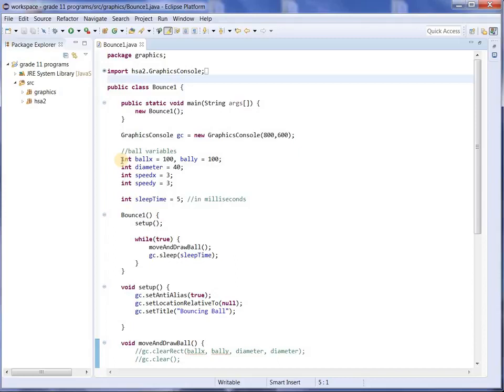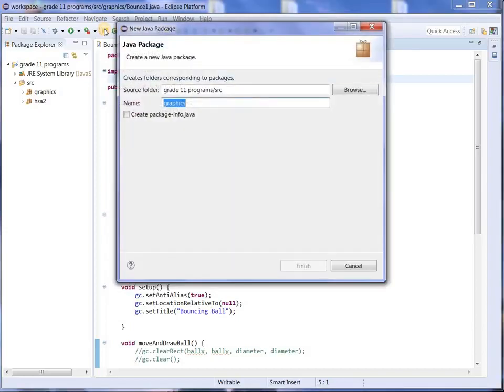Notice that in this program for the ball, there are 5 variables: an x, a y, a diameter, an x speed, and a y speed. If we want to make 2 balls, we'd have to duplicate these variables and have 10 variables. If we wanted 10 balls, we'd have 50 variables, and our program would just choke on the variables. It would be impossible to keep track of it all. So we're going to have to do a different way of handling lots of balls, and I will show you how that works. New package is going to be called ball animation,